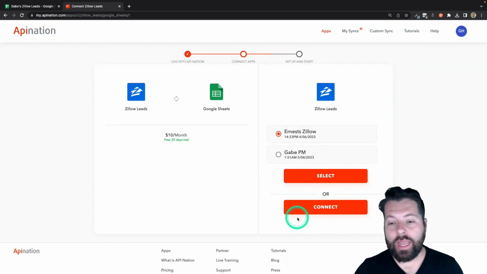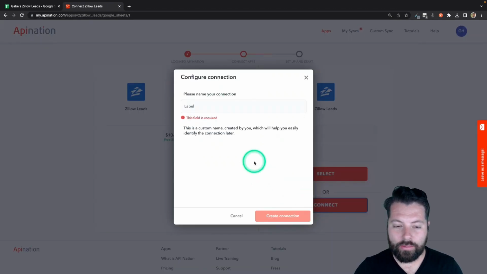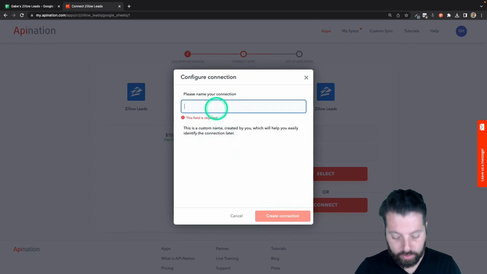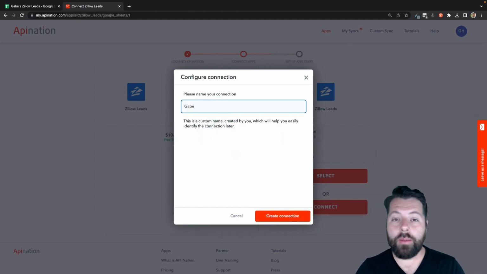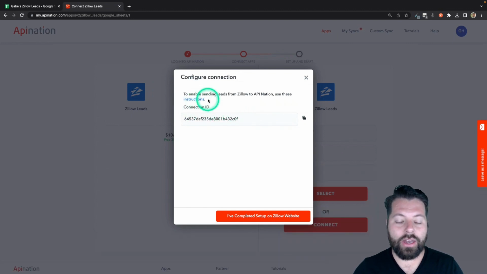Once you're signed into API Nation, now you're going to make the connection. So you're going to hit this connect button, and it's going to say, all right, what would you like to label this connection? And you can just label this after yourself, or your team name, or your office name. You really only need to keep track of the labels if you're connecting multiple Zillow accounts to a single API Nation account, but that's pretty rare. So I'm going to hit create connection,